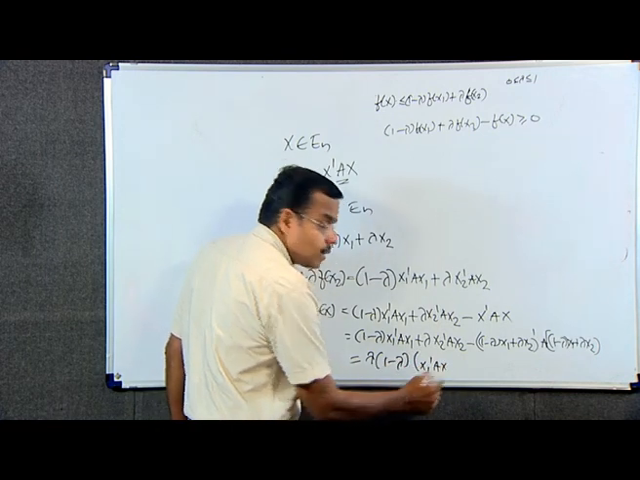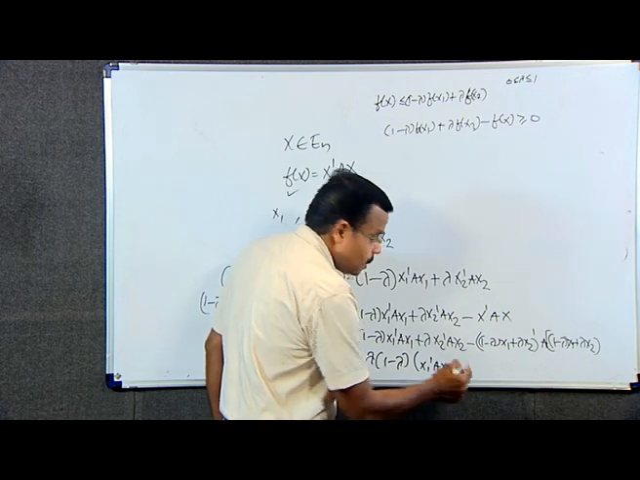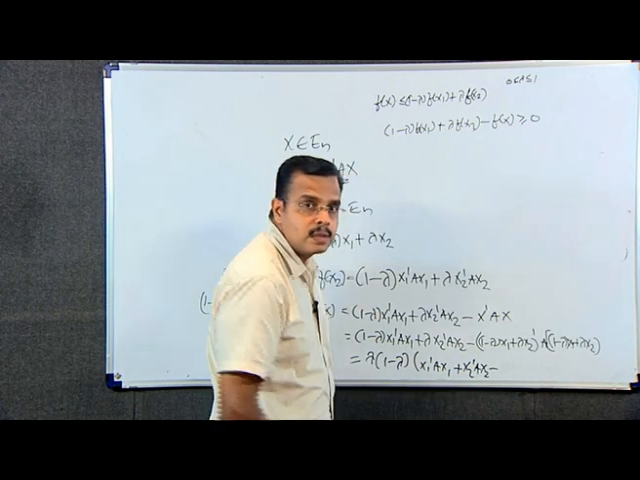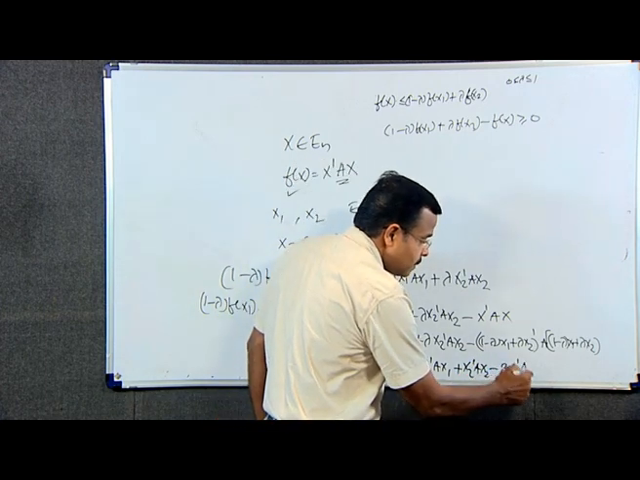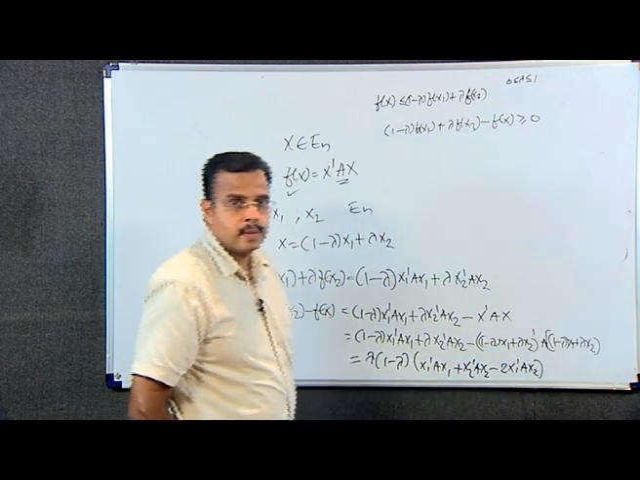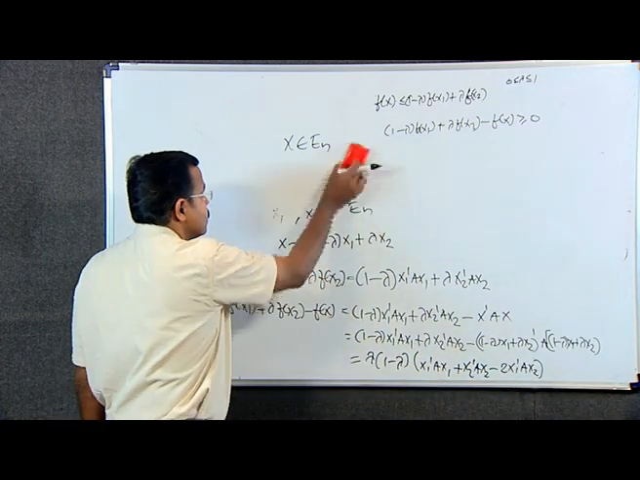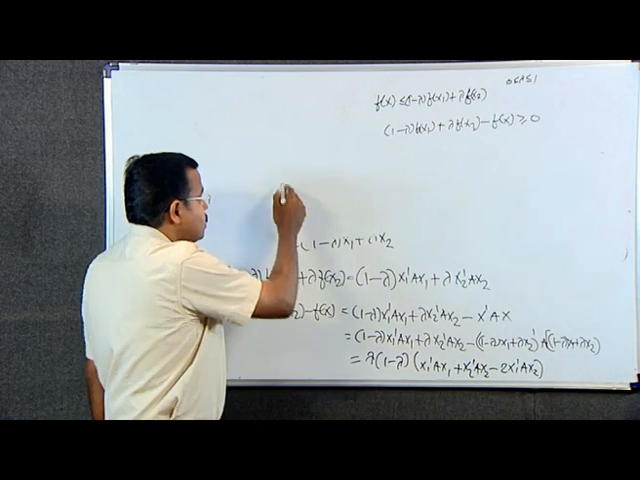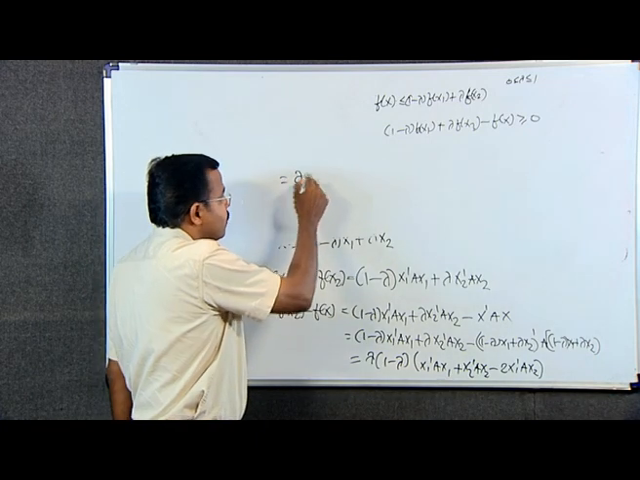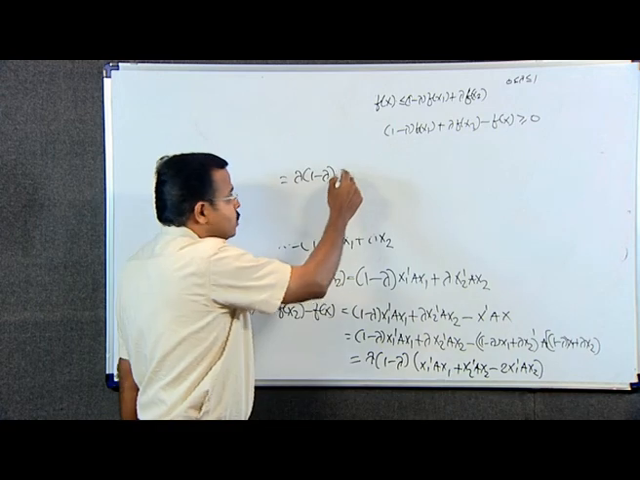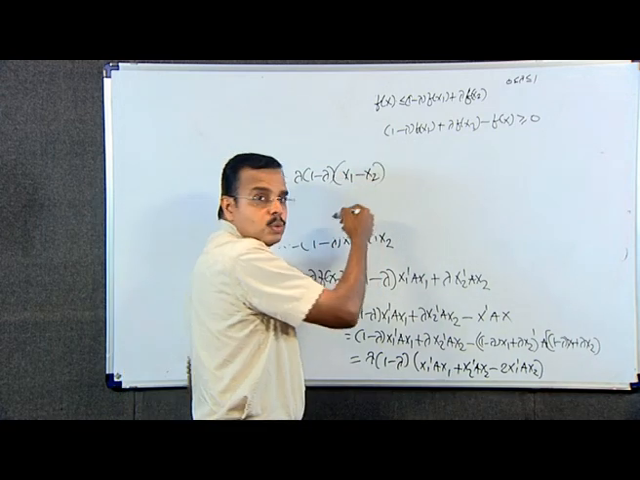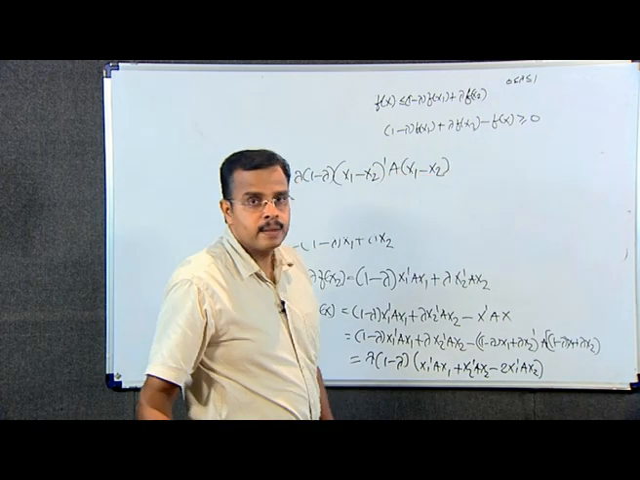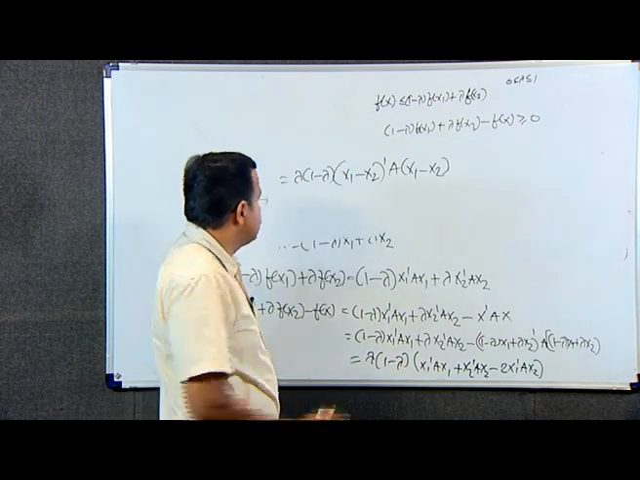x1 dash a x1 plus x2 dash a x2 minus 2 x1 dash a x2. That is equal to lambda into (1 minus lambda) into (x1 minus x2) dash a into (x1 minus x2). That is greater than or equal to 0,